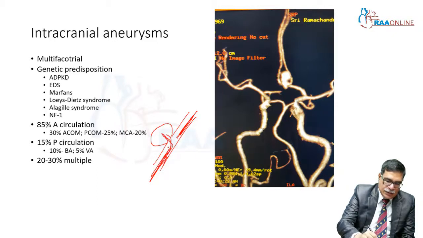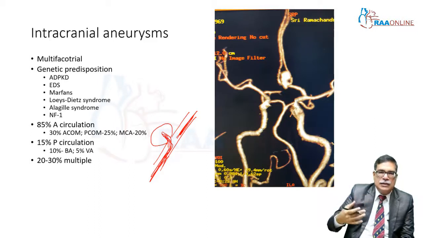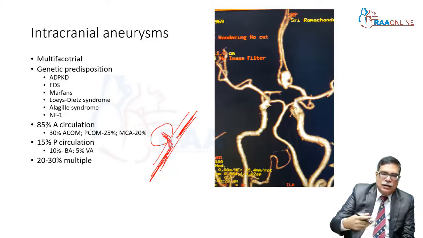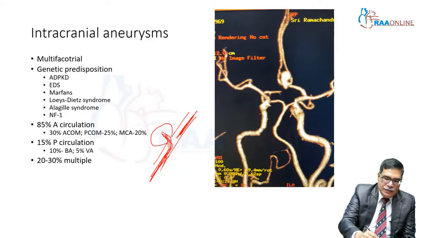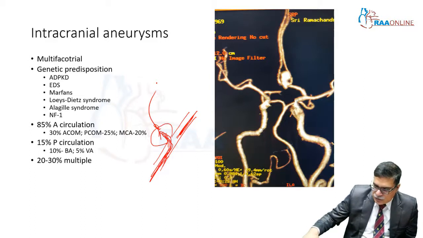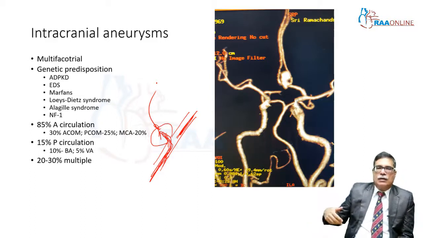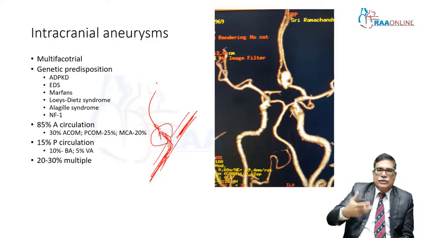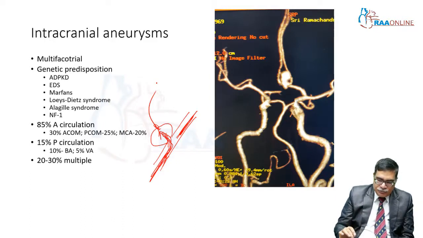All the blood goes here, and during certain activities like straining, let's say straining for stools if they are constipated, or during episodes if they are having severe pain for some other reason, they can develop a rupture here where the blood flows out. So that is called a ruptured aneurysm, which is one of the most acute neurosurgical conditions that we deal with.